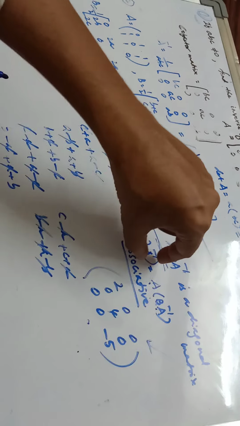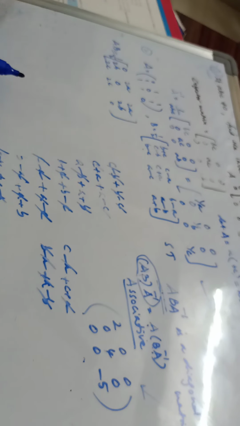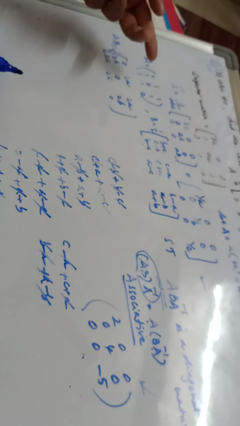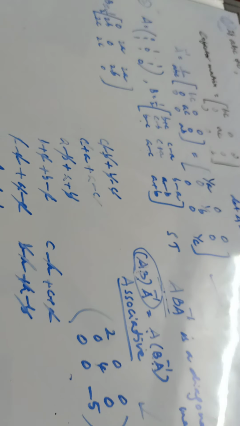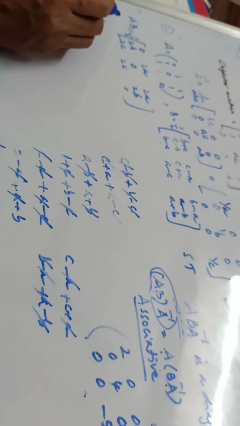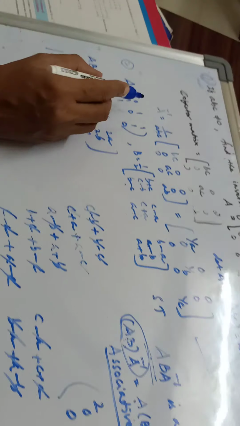But we have to find AB into A inverse. AB has to be multiplied with A inverse. You find A inverse. To find A inverse, you find cofactor matrix and then adjoint matrix, or divide adjoint matrix by the det A. Let us find det A at first. Det A in the sense the determinant of A. 0 into something is 0. 1 into.